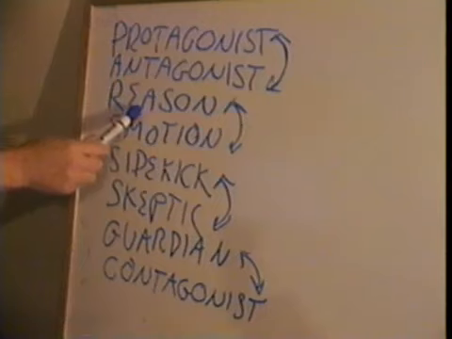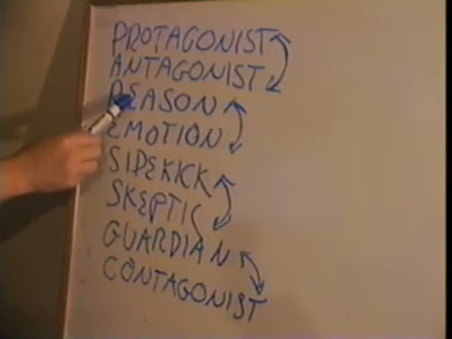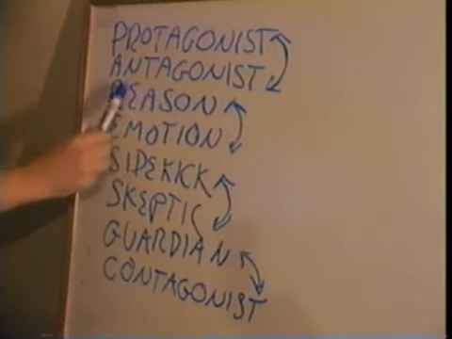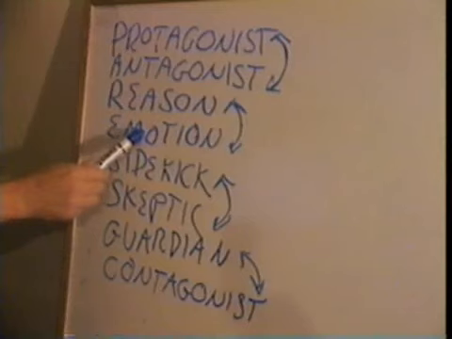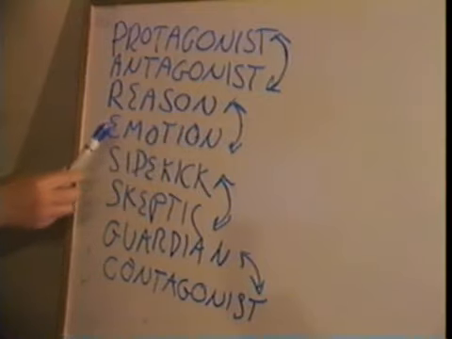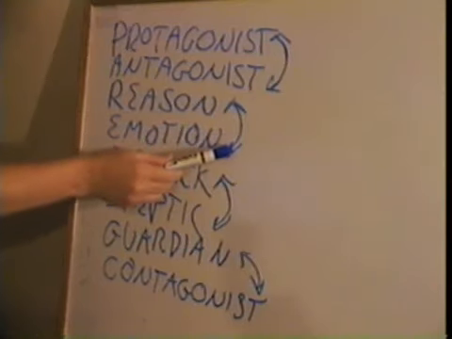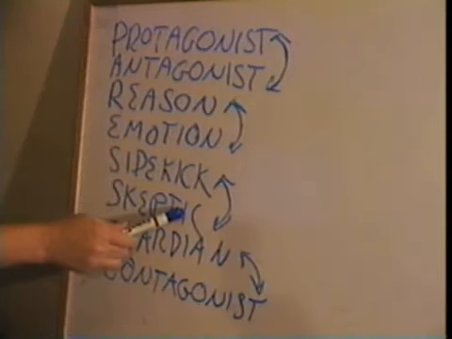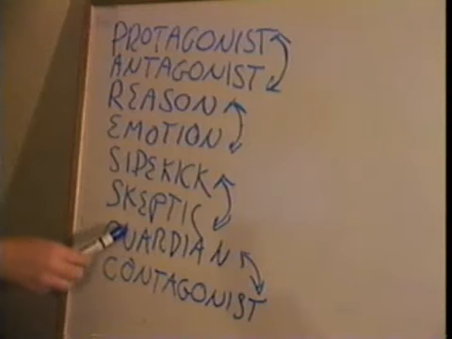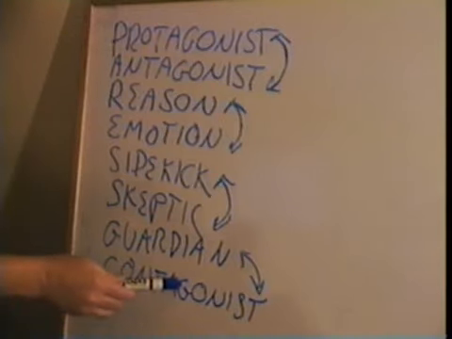Now, down here in reason, we have the reason character, and they represent logic on the inside and control on the outside, which again go hand in hand, archetypically. But instead of logic and control, the emotional archetype, motivationally, is driven by feeling and uncontrol. So again, they have a relationship that puts them in opposition, although not direct opposition. The sidekick represents faith and support, the skeptic, disbelief, and oppose. And on the guardian, you have conscience and help. And on the contagonist, you have temptation and hinder.